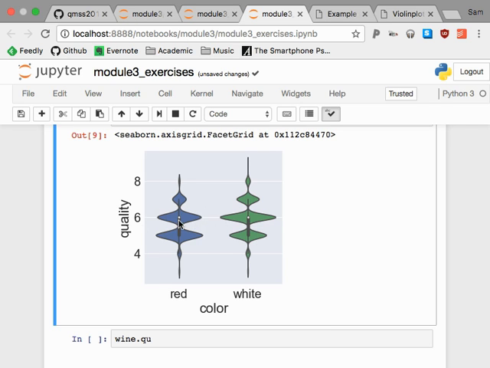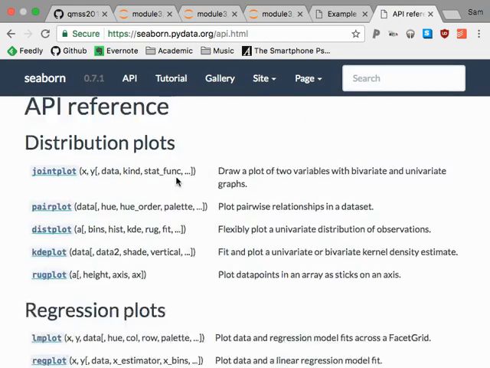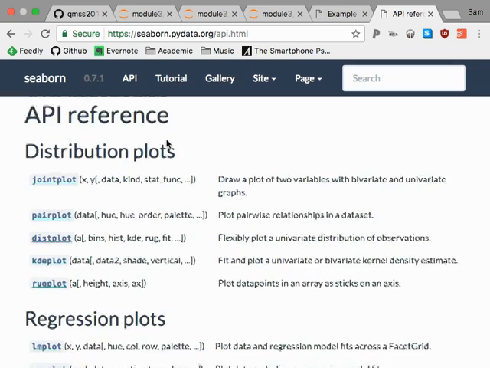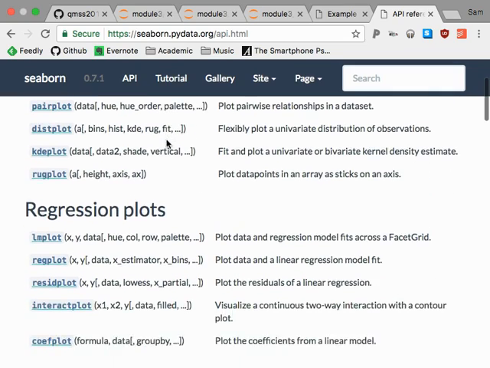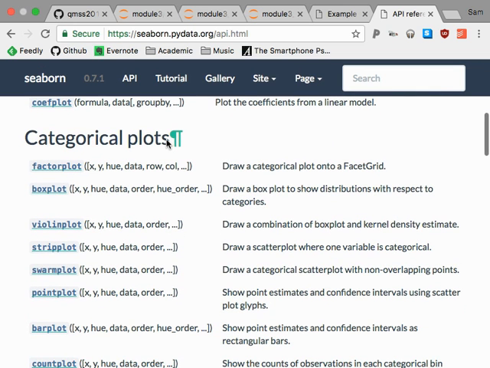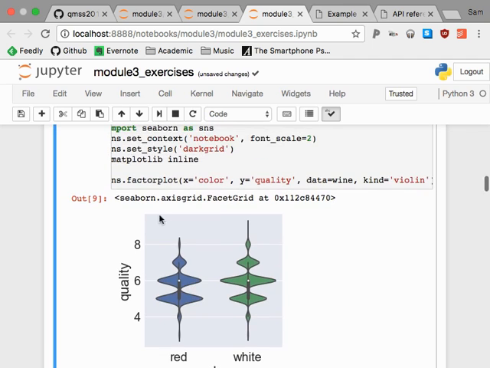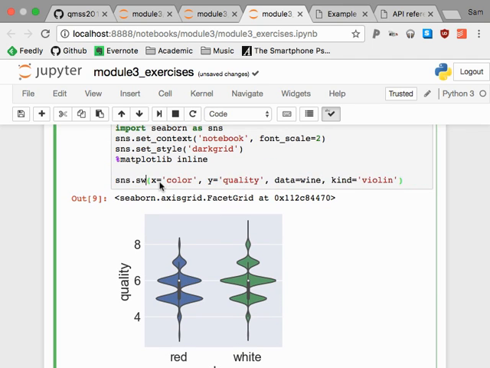And that's probably because quality, as I completely forgot, is a nominal variable and not a continuous variable. So of course it looks funky. That's why it looks like this, because everything's peaked at 6 and 5. There are no in-betweens. It's all integers. So let's choose something that works better for categorical data. If you go to their API, what's really nice is they have a lot of their functions split up by what sorts of plots you might want to make. So what would be a good